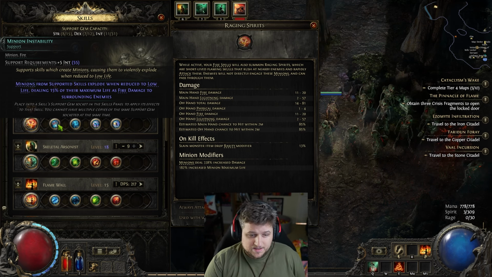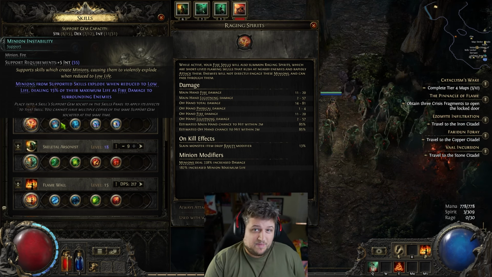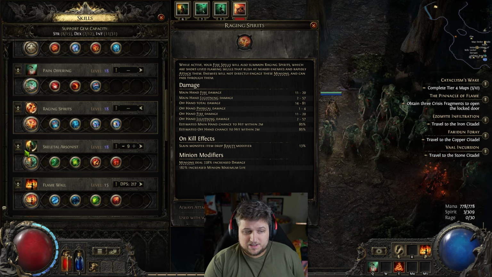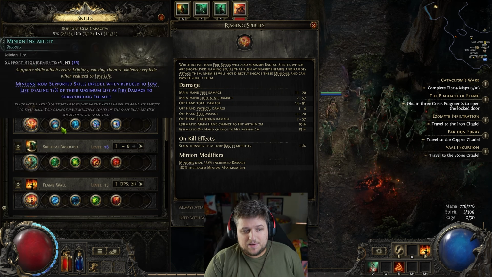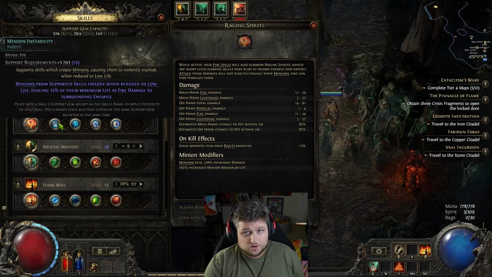I try to minimize the amount of defensive layers I put on my minions, with the exception of max health. And I think by buffing my max health too much to increase the damage of my Skeletal Arsonists, I've actually stopped having minions explode as much. So Minion Instability is pretty much on the way out the door,